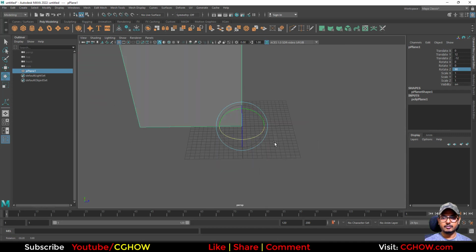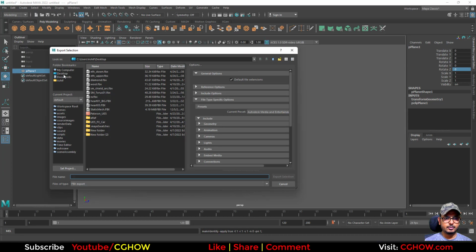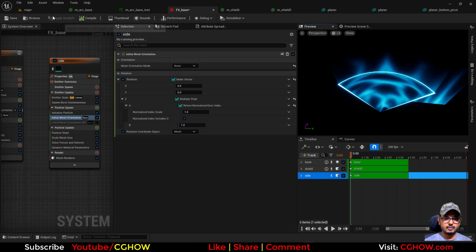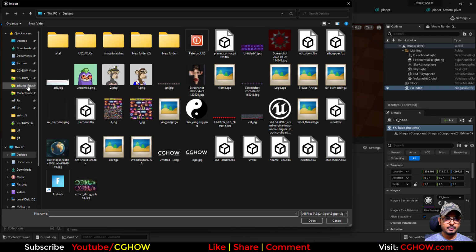So that was what I was talking about. So I will just freeze and export it to the desktop. Planar, desktop. I have saved it on desktop, so I will import that planar